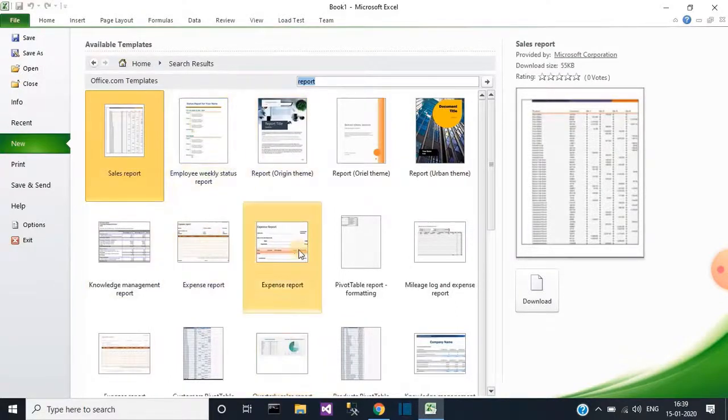So you can choose any one from here and do your work, as there will be no need to create a design or format. You will get it predefined, as it is ready for you. As you want, you then have to click on Download.